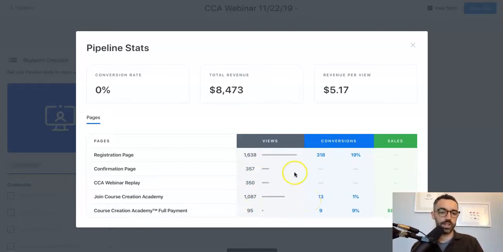The only tricky thing is here, we had 2 different offers. One offer was to pay in full, which is this one here. One offer was to pay in installments. So this is not totally reflective of the outcome of this launch because we had maybe 15 or 20 people